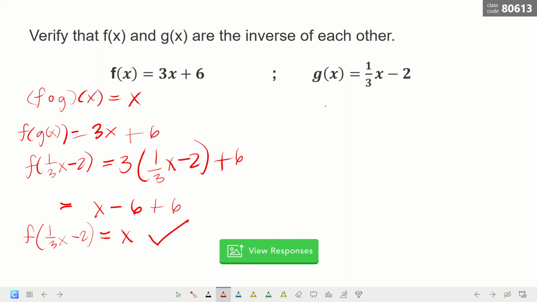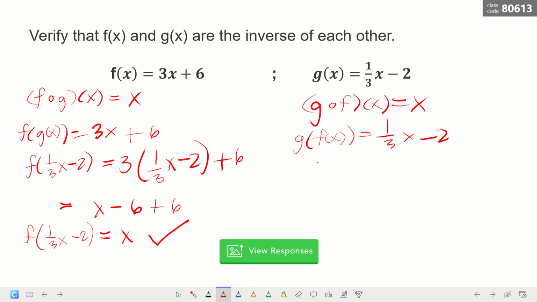How about this one? So, for property number 3, let's perform a composition of function where g is composed of f of x is equal to x. Yan ang property number 3 natin. So, g composed of f of x is equal to 1/3 x minus 2. So, value ni f of x natin is 3x plus 6. Substitute natin itong x dito with 3x plus 6